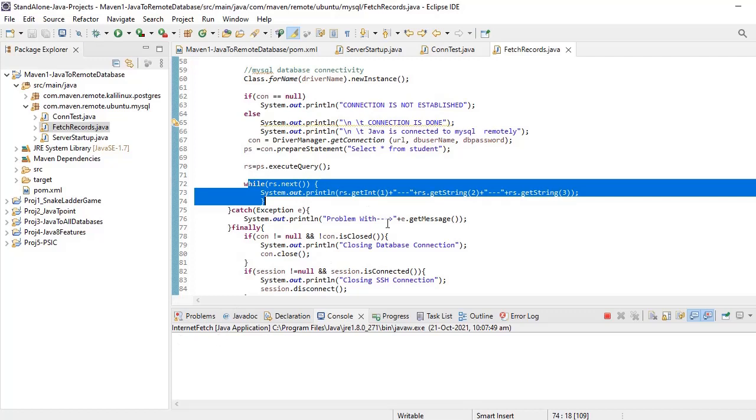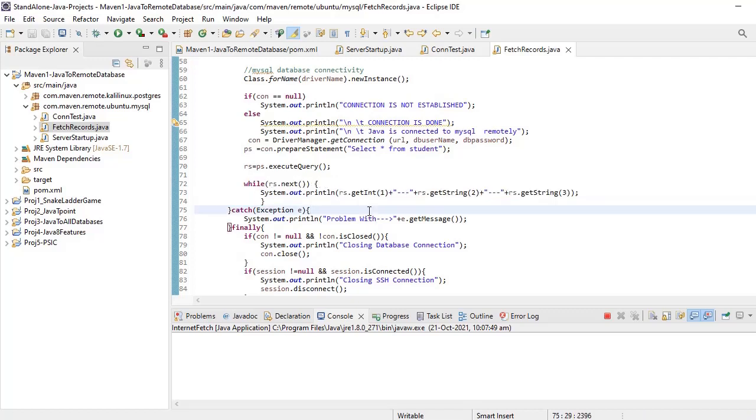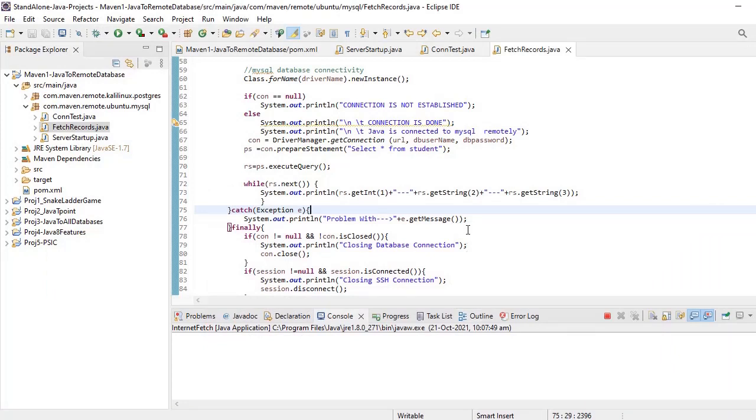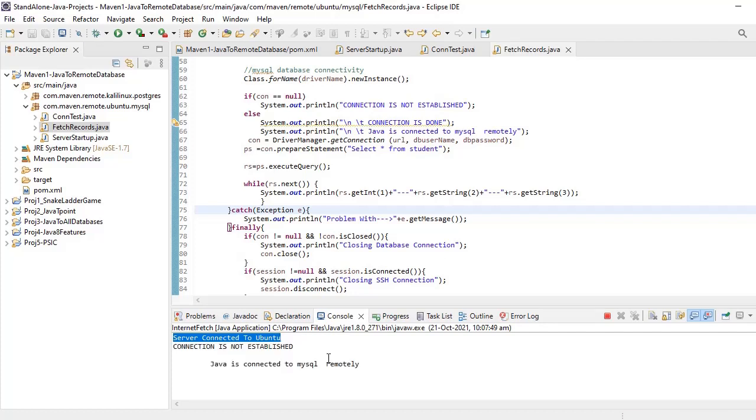Wait for a few seconds. The application is running. So the server is connected to Ubuntu, and Java is connected to MySQL remotely.